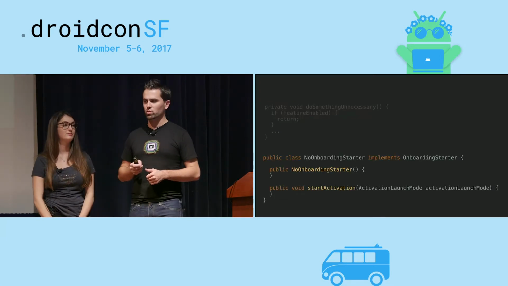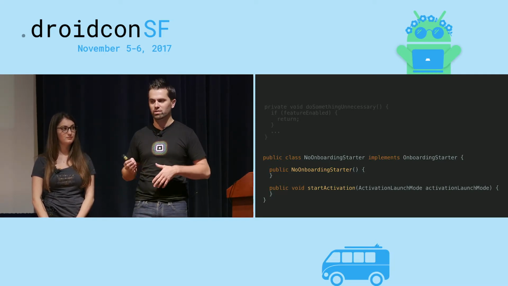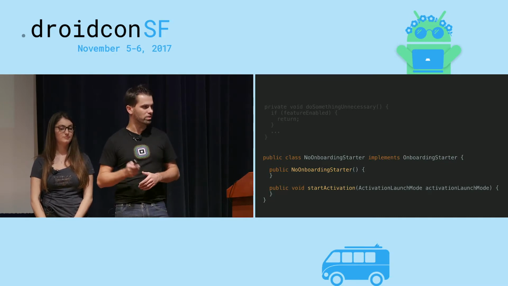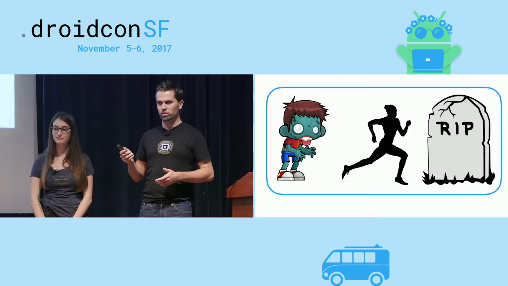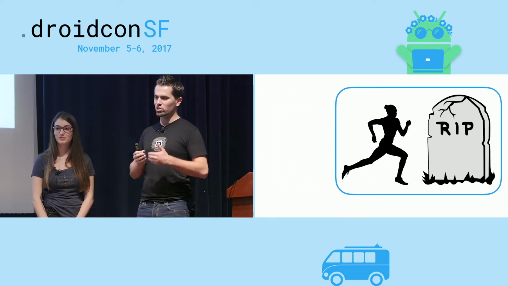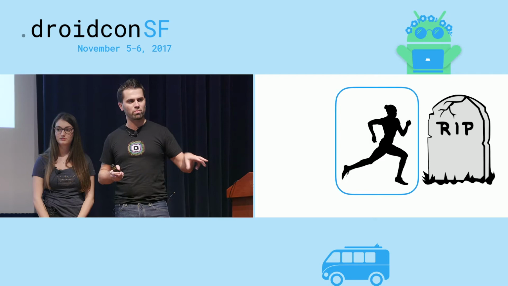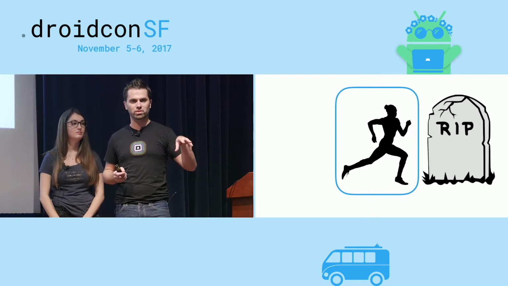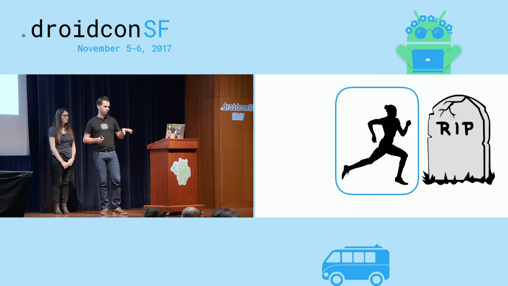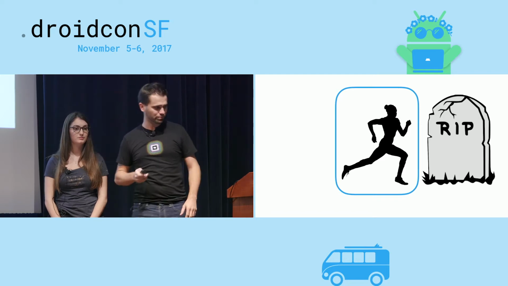Another way to do that is to have alternate implementations that don't do anything. It's pretty much the same idea, but instead of using a hack if condition, you just have a different implementation. So with these things, we can kill the zombies. So the zombies are dead now. And then we just have to figure out how to refactor that dead code out. One thing to keep in mind: when I say dead code, I say dead from the perspective of the app running, and not dead from the perspective of code that you can delete. We're still talking about two or three apps using the same shared code base, right? So this app doesn't use that dead code, but that dead code is actually useful for that other app, right? So,